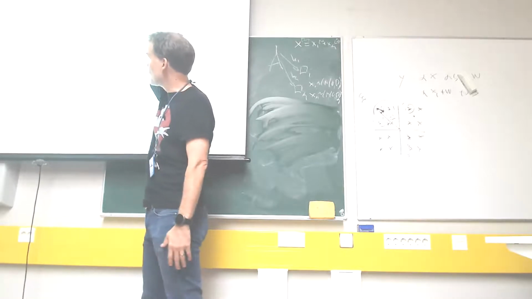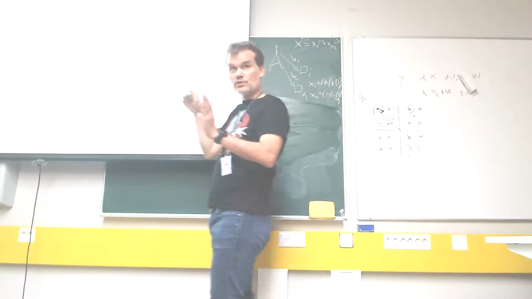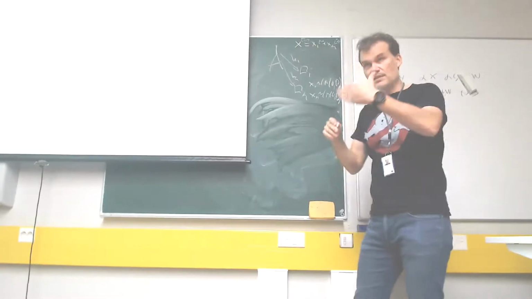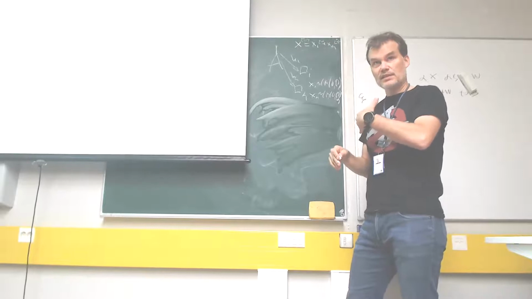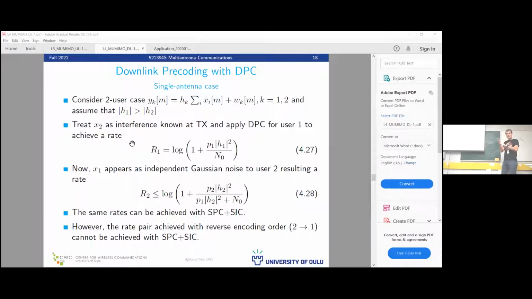So for this ordering, h1, h2, the same rate pair can be achieved also with superposition coding and successive interference cancellation at the receiver. But this requires now implementation of the SIC receiver at the user end, right? So it makes the user more complicated. And it only works for the given ordering, right? The ordering has to be exact. If we now switch the order,